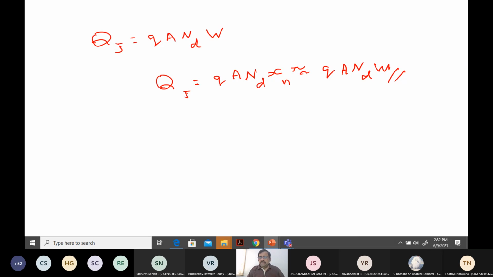Because depending on the concentrations, as we have seen in the problem, if Xn becomes 5 micron, here it will become, for example, 0.05 micron. Two orders lower is possible in the Xp region. Therefore, all of the depletion is figuring in the lightly doped region. So charge is also like that.